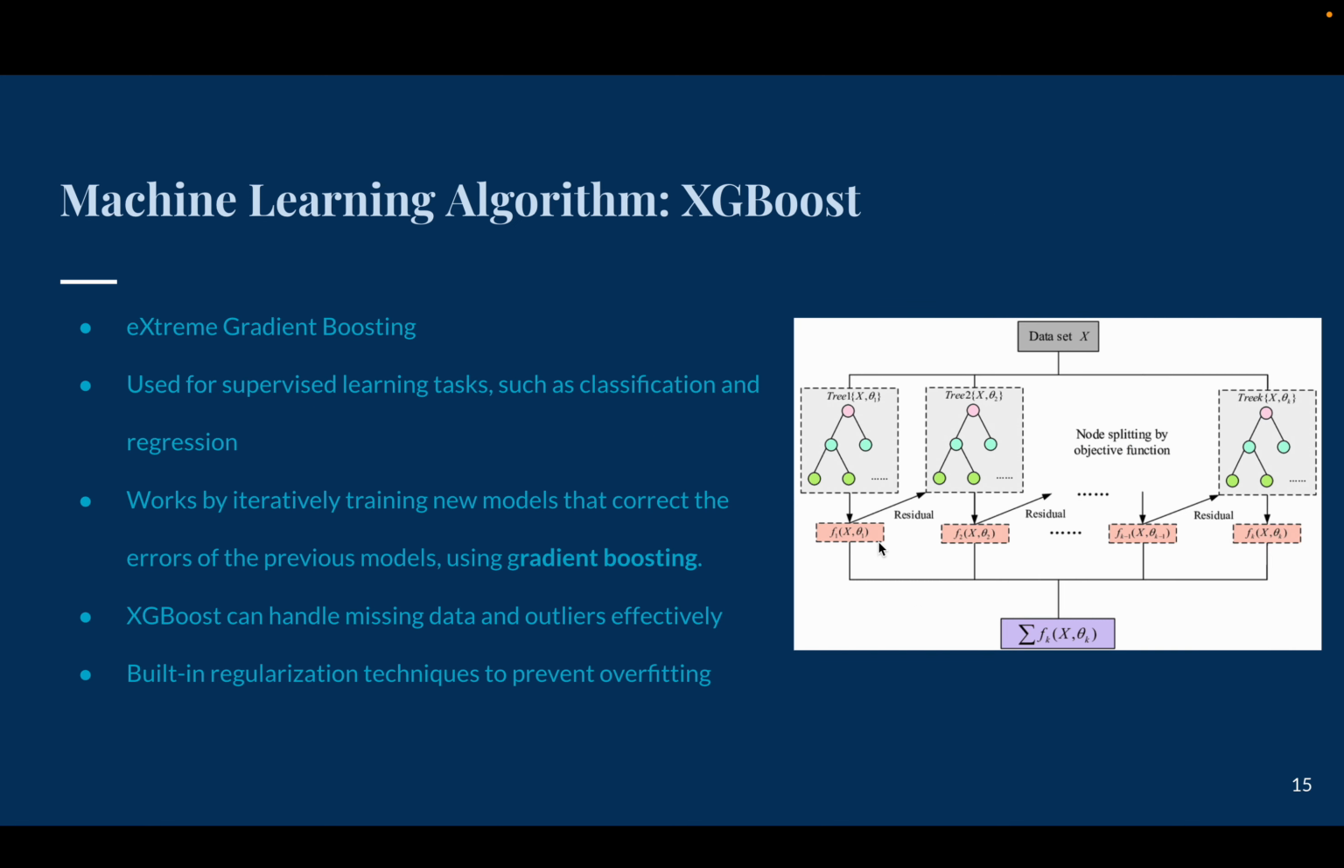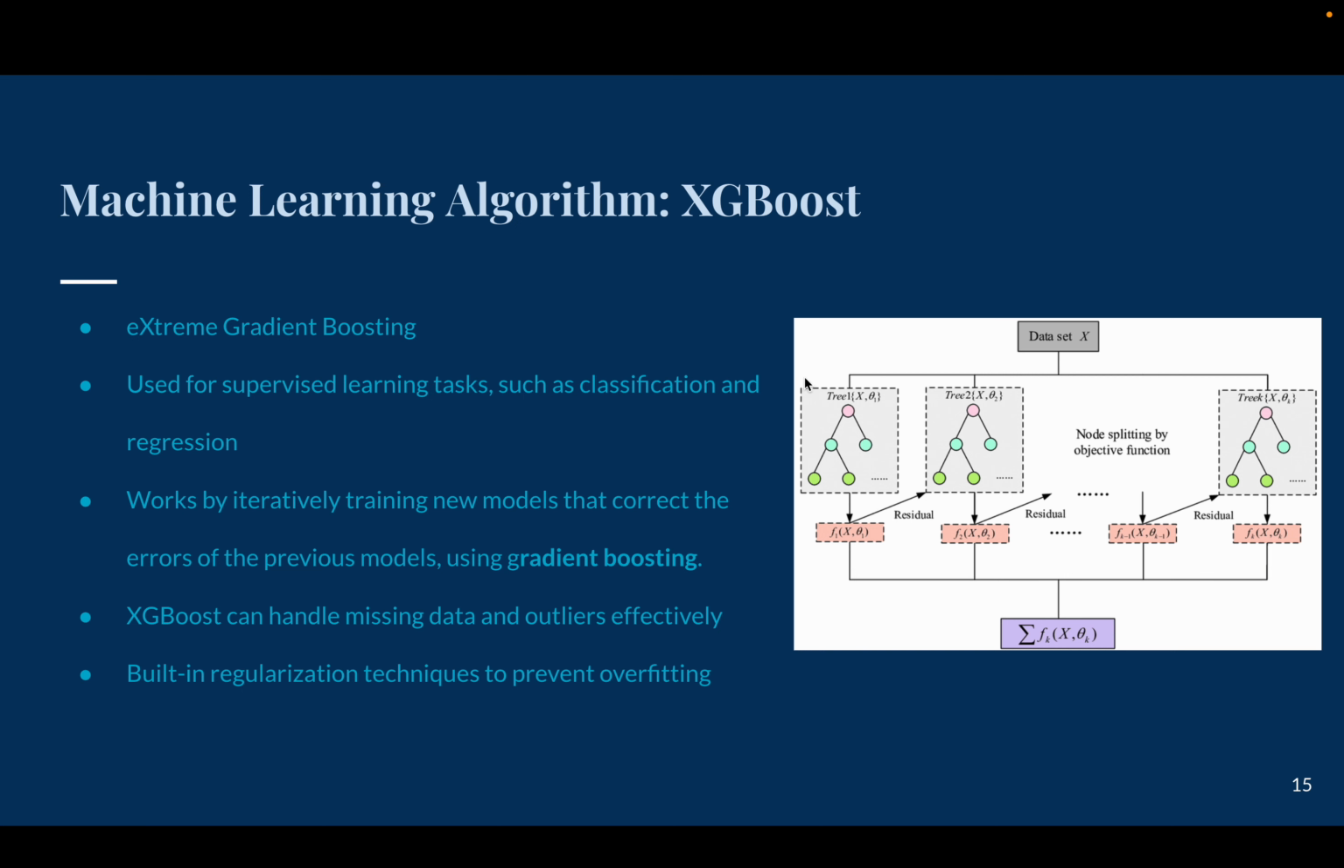The last machine learning algorithm I used is XGBoost, which stands for Extreme Gradient Boosting, and it is a popular machine learning algorithm used for supervised learning tasks such as classification and regression. XGBoost is an ensemble method that combines multiple weak prediction models such as decision trees to create a stronger or more accurate model. XGBoost works by